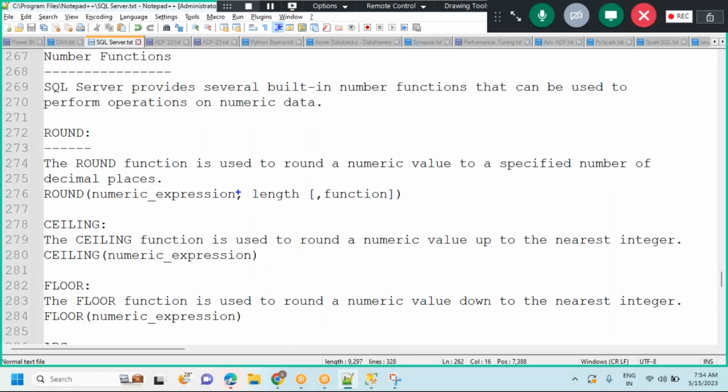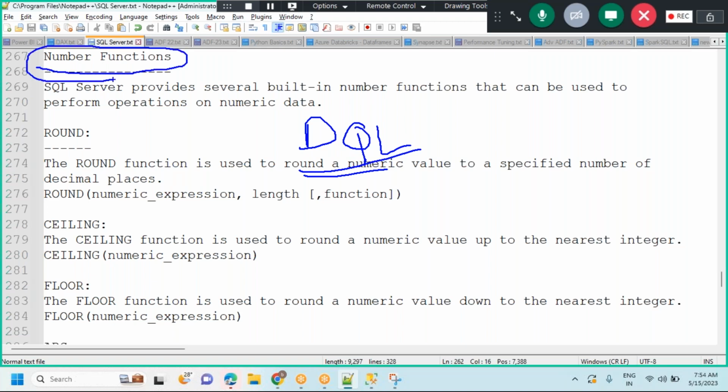So now I wanted to talk about the number functions. First of all, I'm just going to give a brief idea about DQL, data querying language. If we wanted to understand how these functions are going to work, not only the number functions, any kind of functions, there are various functions we are going to see. If you wanted to understand them,